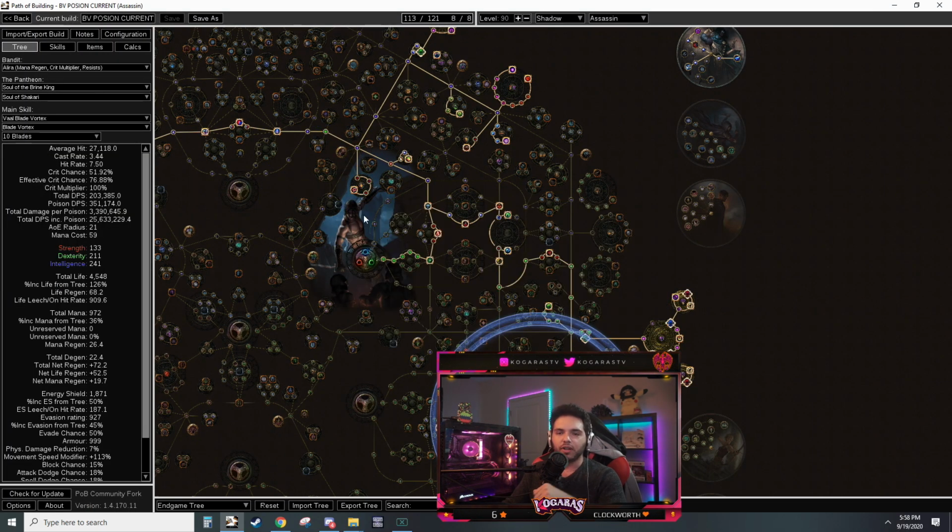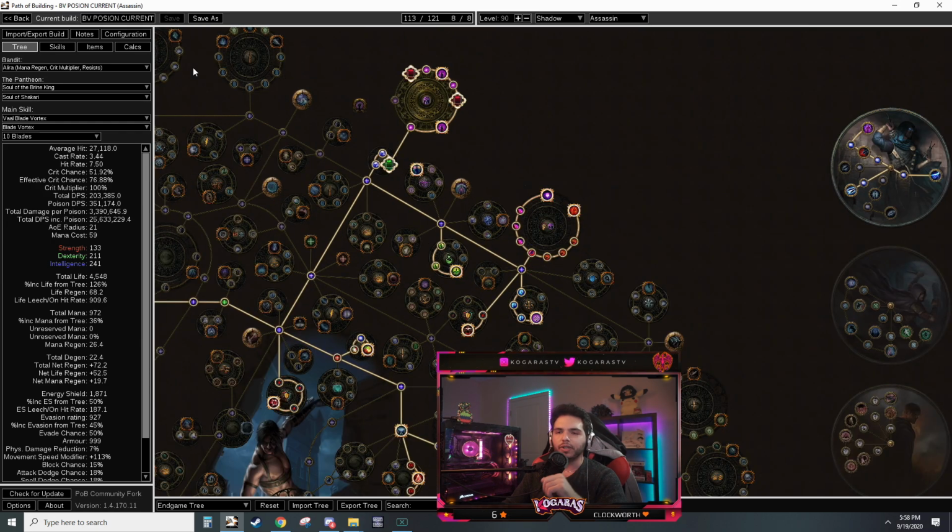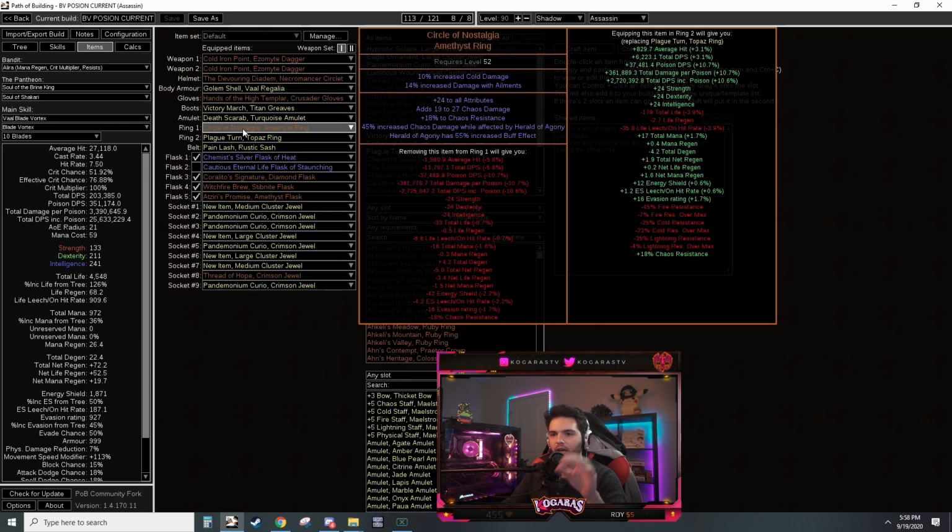Not much has really changed, honestly, in this new patch. The only real thing that I have to tell you guys is that Herald of Agony, or the Circle of Anguish, and all these Circle synthesized rings were nerfed back in Harvest League, and their buff effect has been reduced. The buff effect for Herald of Agony does give you poison, or chance to poison, which is very, very nice,